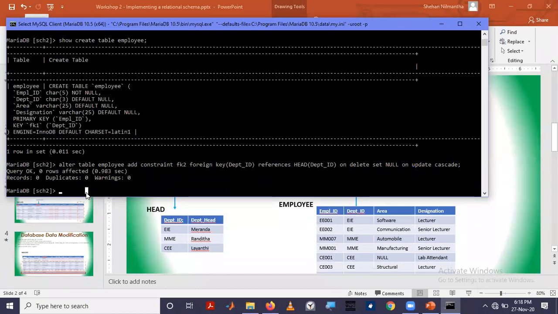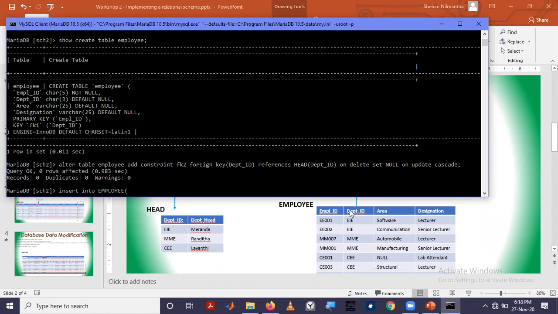What you can do is insert into this one. You already know how to insert. Insert into the name of the table, employee.